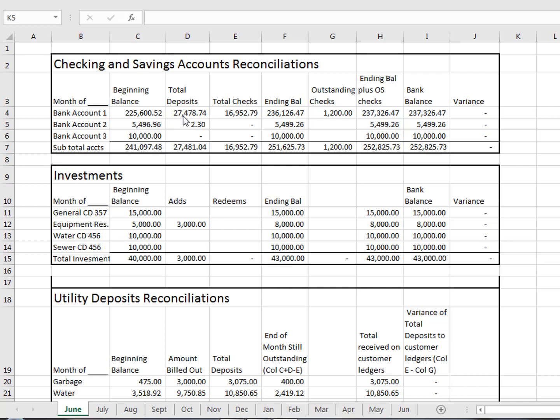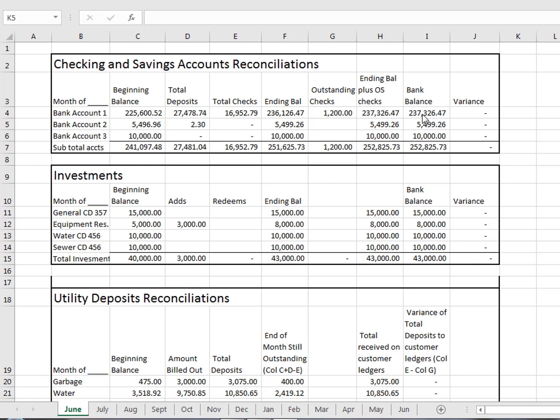So the total amount of deposits that you show on your accounts for this particular bank. What checks did you write off of that account? Then this should be the treasurer's ending cash balance. But you see, you also have to have a space for any outstanding checks that you might have on that account, because to take the treasurer's balance plus the outstanding checks,